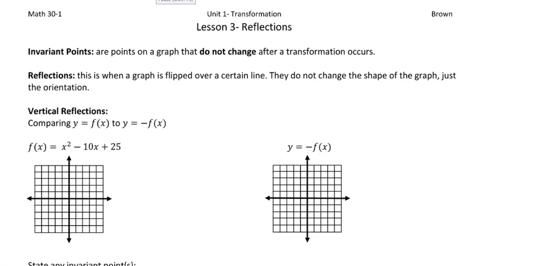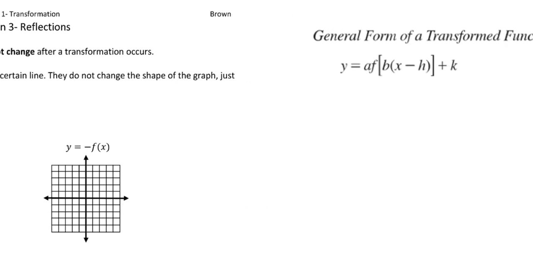Okay, lesson 3. Now we're getting into reflections. So again, looking back at this equation, what we've done so far, we've done H and we've done K. Now we're going to be focusing on A and B. And this is why, like in your homework questions, we have lesson 3 and lesson 4 as the same